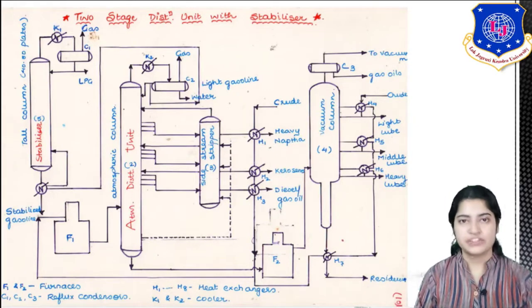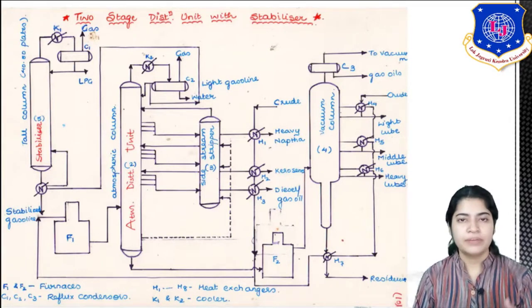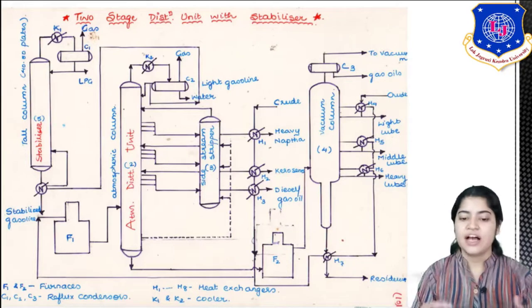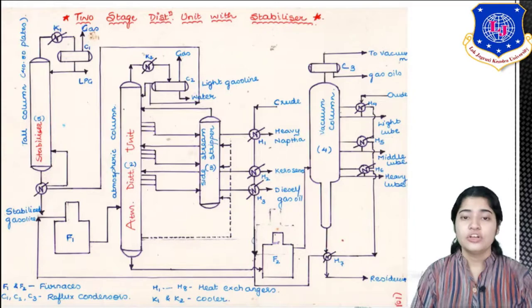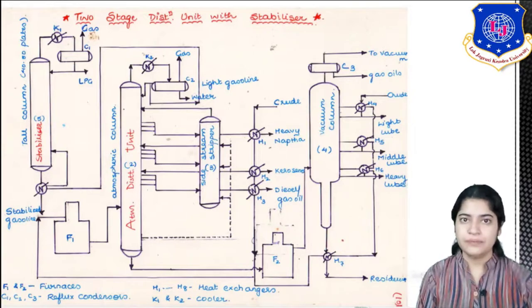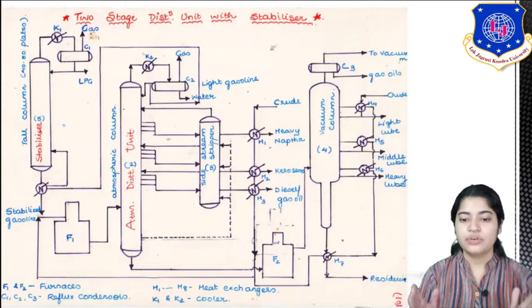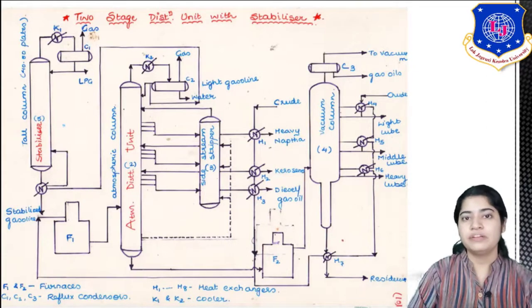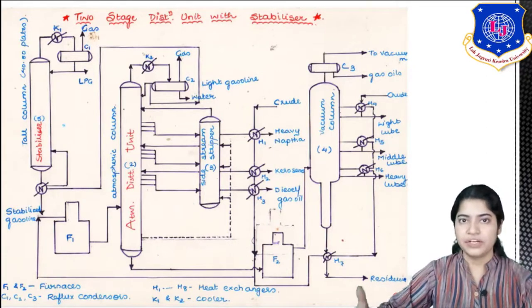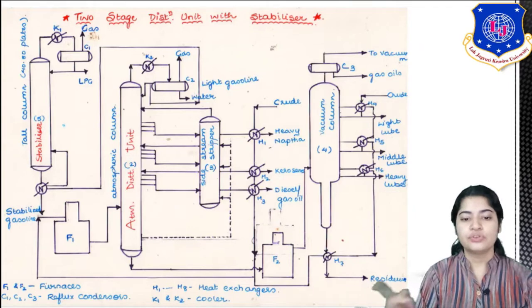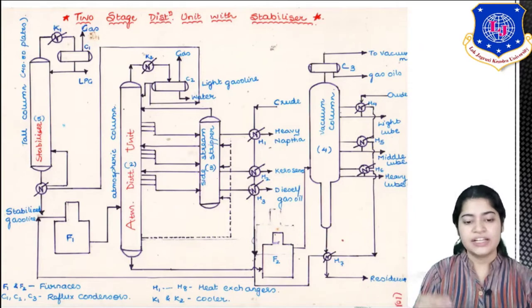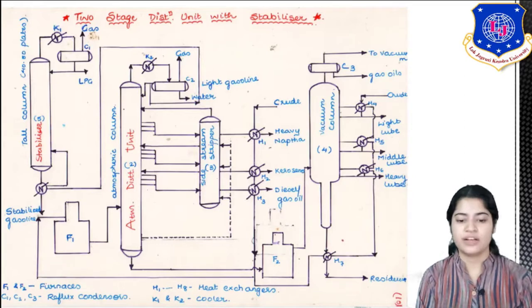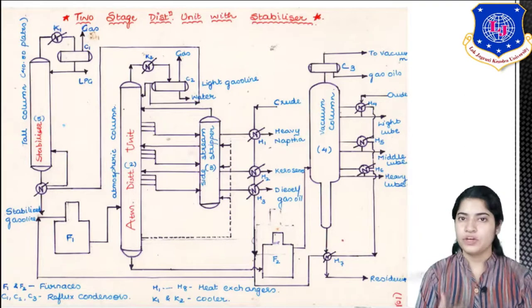Now fractions are again taken out. You can see you get light lube oil, middle lube, heavy lube. You got 3 fractions. Again the residues are taken out from the vacuum distillation column. So you can see how the arrangement is done. Your first step is that you are trying to exchange heat between all these fractions of ADU and VDU and your crude. You arrange the crude with the heat exchangers and then send it to furnace 1. So this way your topping operation is done.